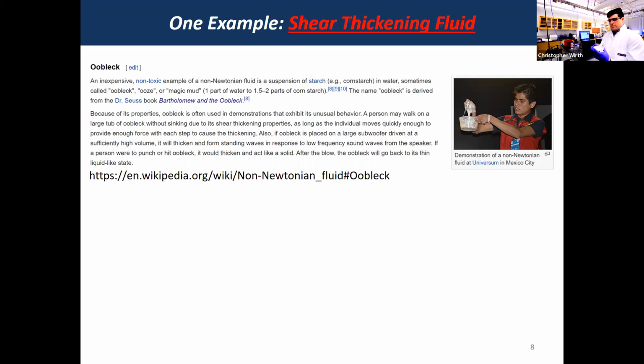You get a fluid that looks like this. Okay, so it looks fluidic. If I move it around, it jiggles, right? And what I can do is,